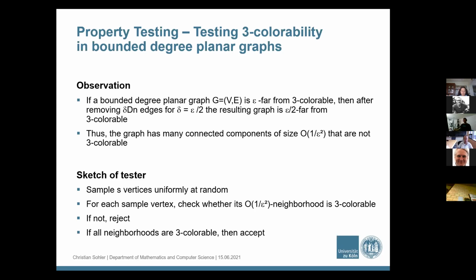But if we already have discovered a subgraph that is not 3 colorable, then we know that the graph is not 3 colorable. So when this neighborhood is 3 colorable, then that's fine. But if not, we have found proof that the graph is not 3 colorable, and we can reject. Otherwise, if all neighborhoods are 3 colorable, then we accept. And this, for the right choice of S, will give a constant time tester for 3 colorability in bounded degree graphs. And one can